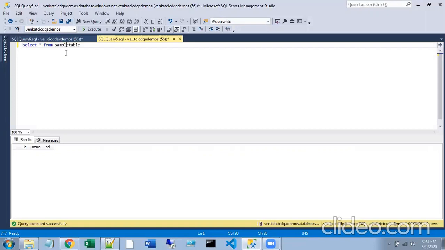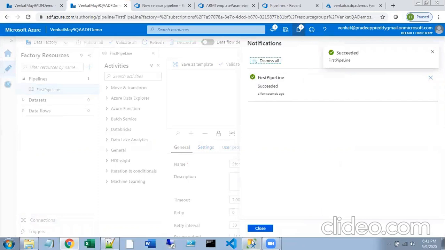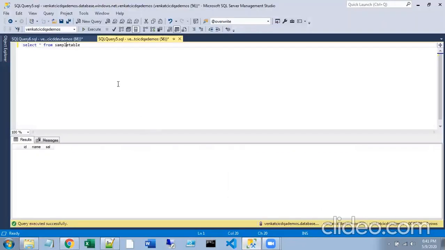So let's check that. The pipeline succeeded. Now you see earlier you did not have the data. Now your QA server has data.